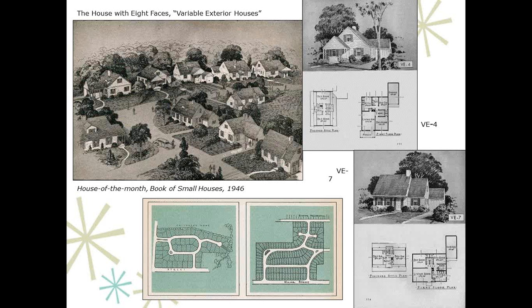And we also see some examples of their layouts for subdivisions, typically defined by curvilinear streets, pretty standard lot sizes, cul-de-sacs, and one or two means of entering and exiting the subdivision onto an adjacent main roadway. So these were pretty formulaic, but they were certainly aspects that were encouraged in the development and layout of